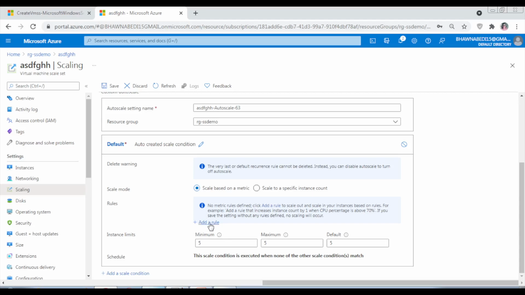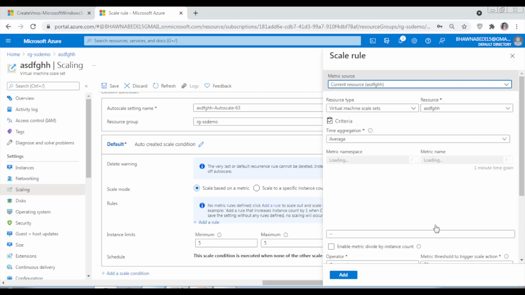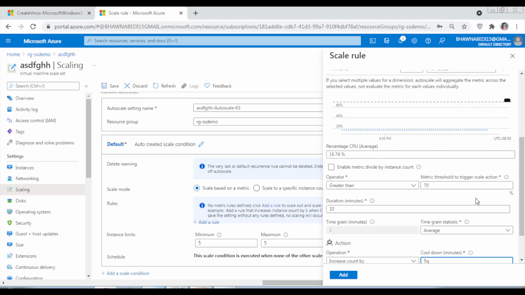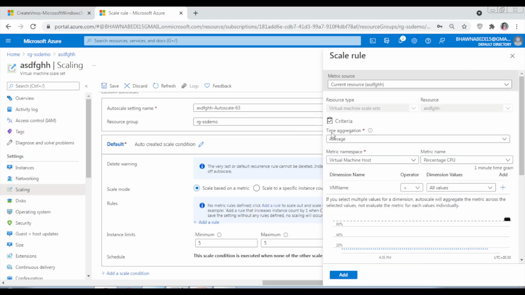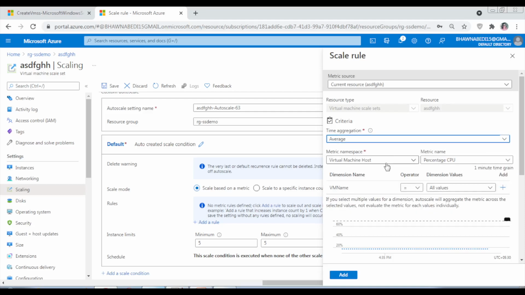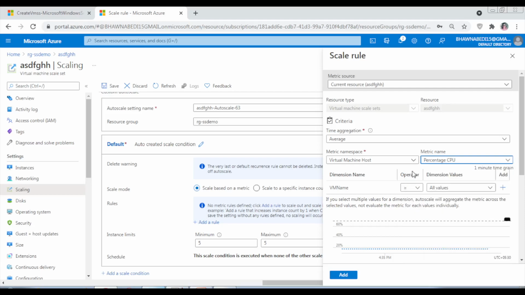If I want to add a rule, let's click on this add rule option, and this is where you define a rule for when to increase and when to decrease the number of instances. Here you define, let's say, time aggregation: average. Whenever the average percentage CPU utilization, so you have a set of options over here, let's keep it as percentage CPU.